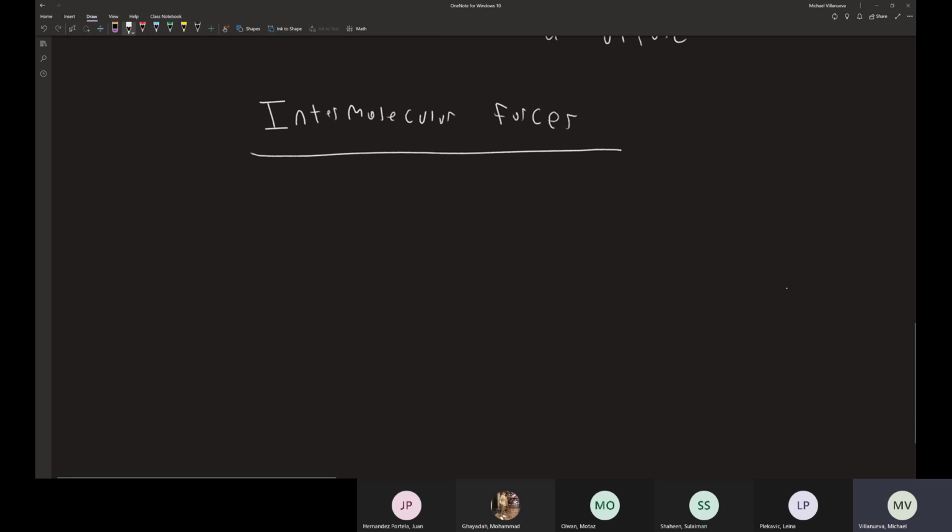So, we have ion-dipole, we have ion-induced dipole,